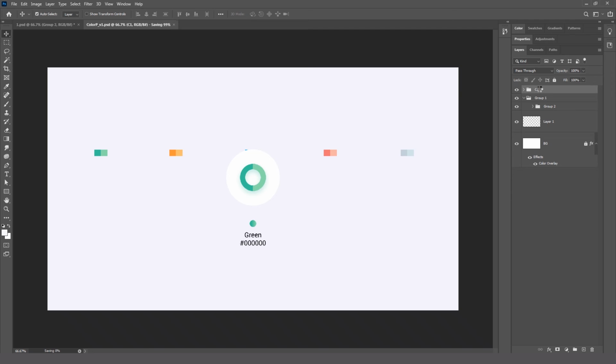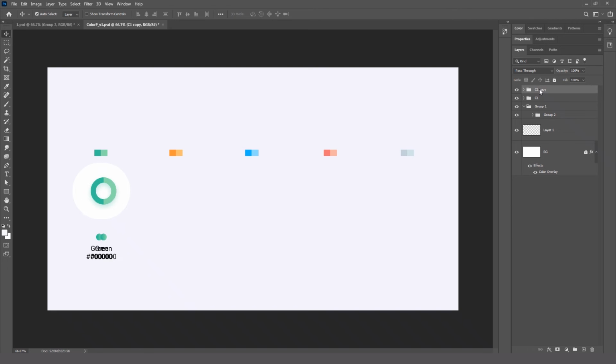I'm going to take this a little bit down and just take this into first place. Roughly I'll create all these color palettes, and then we will align everything in a proper manner. So just copying this. So now this is our next color, orange.